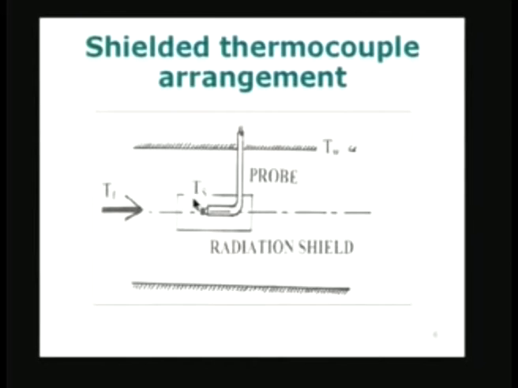velocity by having a small shield, some arrangement which is going to make the velocity go up in the form of an internal nozzle arrangement, then I will have a high velocity stream flowing past the thermocouple probe, and therefore, the heat transfer by convection is improved. Because of the shield, heat loss by radiation is decreased, and therefore, we expect the temperature of the probe to be much closer to the temperature of the fluid, and therefore, the error in temperature is going to be reduced. So, shielded thermocouple arrangement is recommended for high temperature applications where you want to measure the temperature of a high temperature stream.